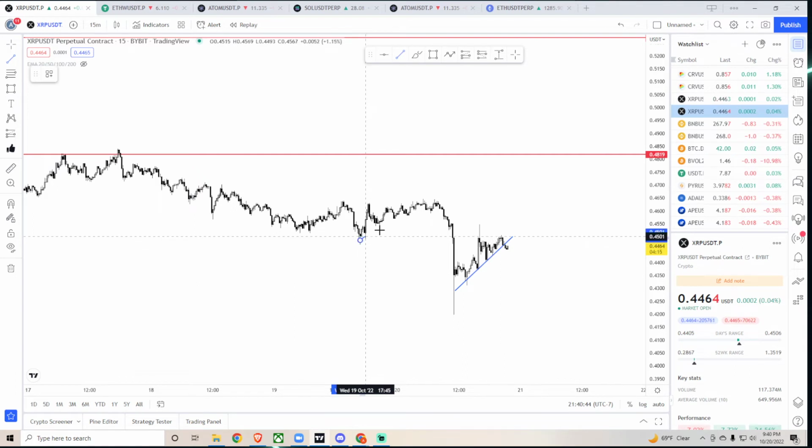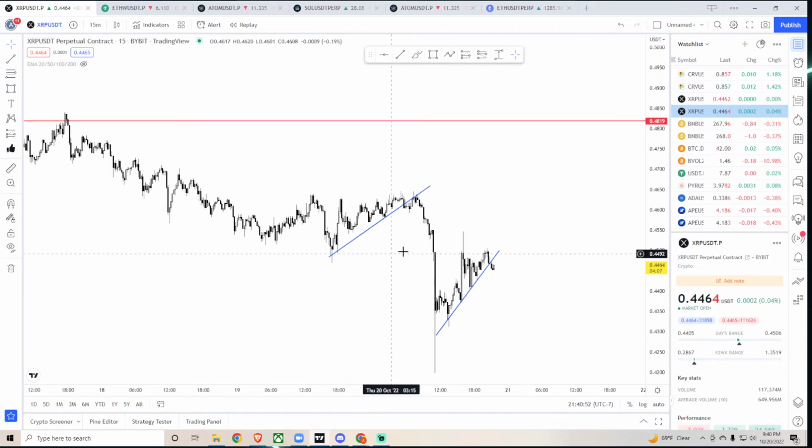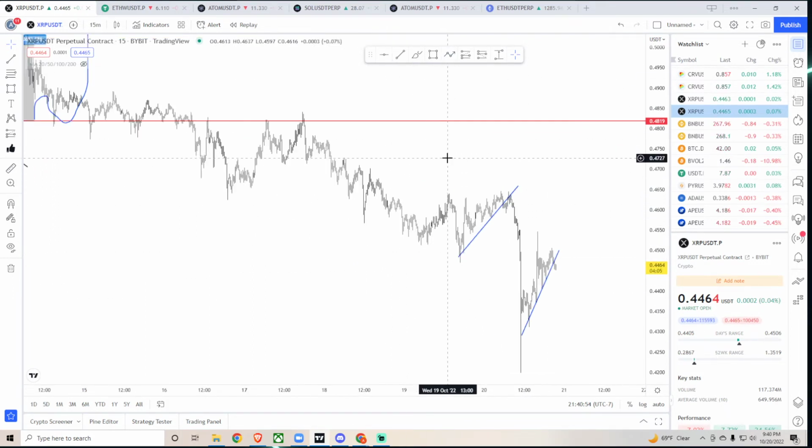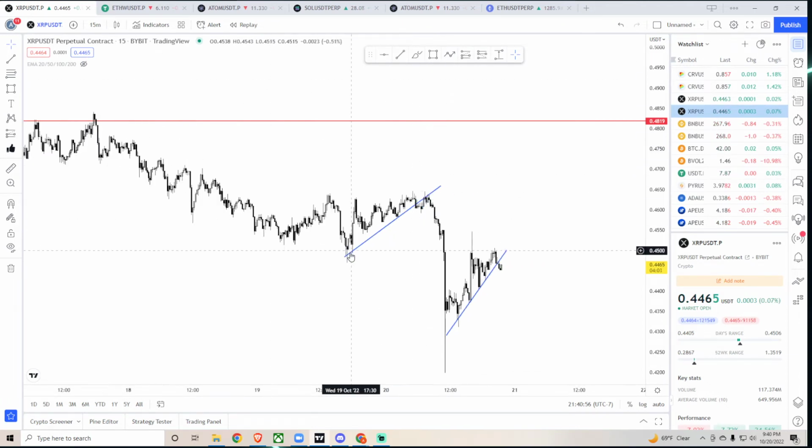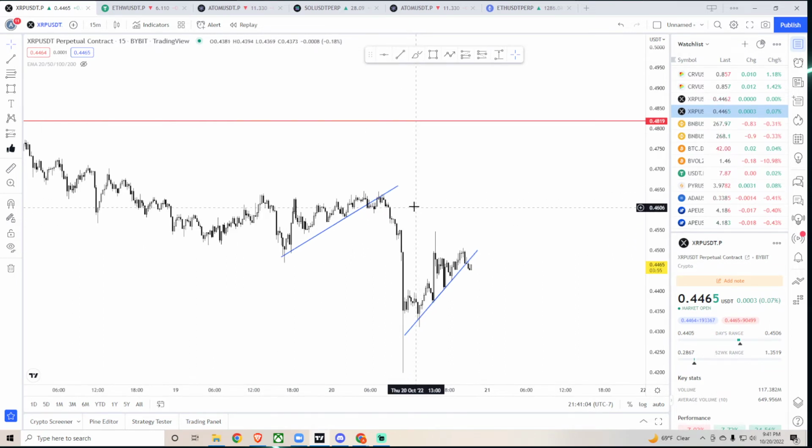So let's draw. Okay, so you can go about this so many different ways. Here's a 15-minute chart, right? Bounce, went up, bounce on the trend line, went up, bounce on the trend line, and then we broke down, right? You could have had on that retest right there. That is resistance as well,